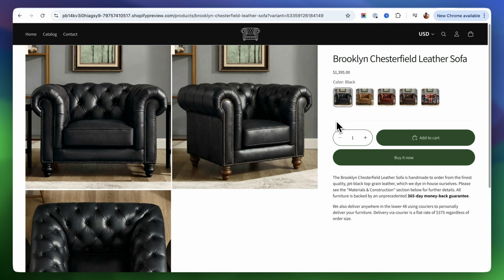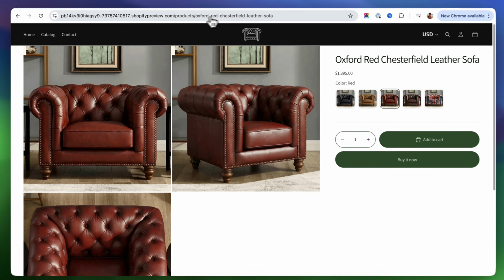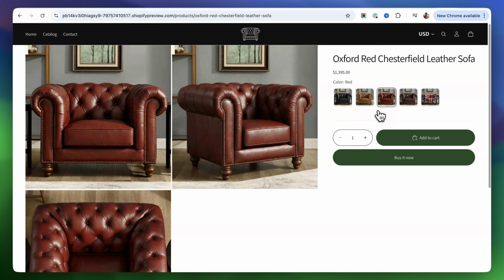So now if a customer lands on this product page, they can see that you have different colors for them. So they can go and select this red chair. And as you can see here, we have the URL at the top. When I click on the red chair, I'm going to be sent to that particular product page, which is exactly